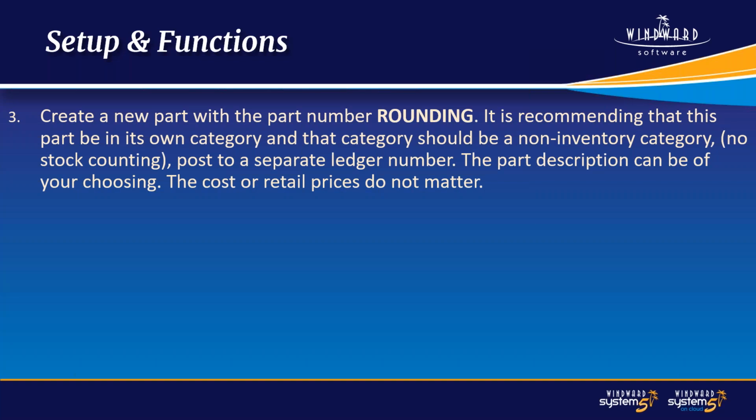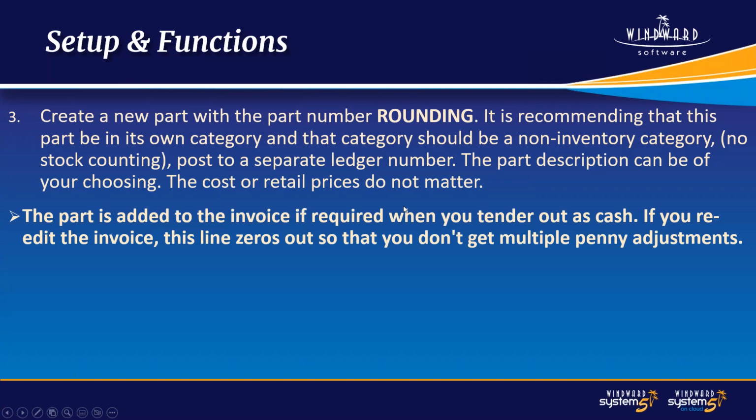The cost or retail price do not matter, so you can just leave it blank. This part will be added to the invoice if required when you tender out as cash. If you re-edit the invoice, this line zeroes out